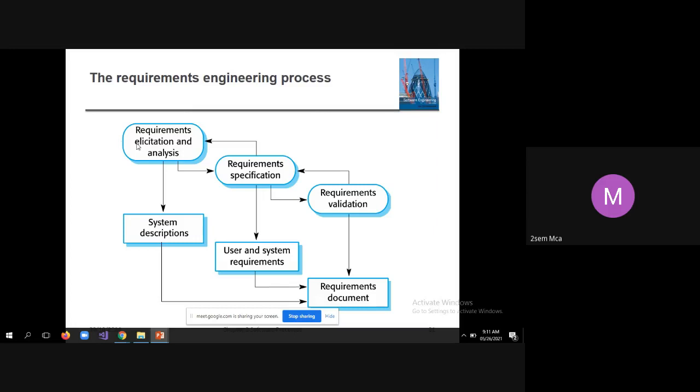See here, in case of requirements elicitation, you write system descriptions. It is just like points. You'll be writing one point after another point. Say for example, first requirement: selling of products using an online platform.